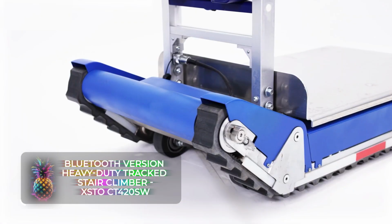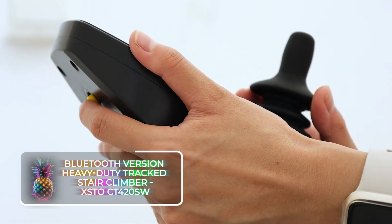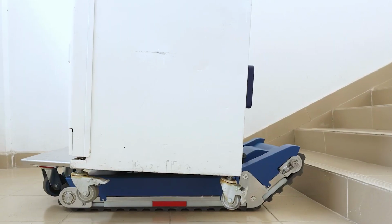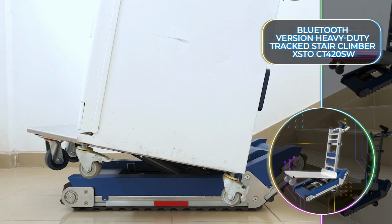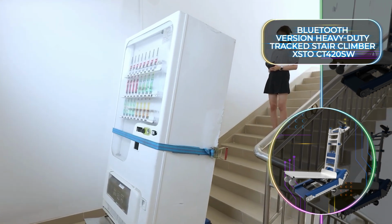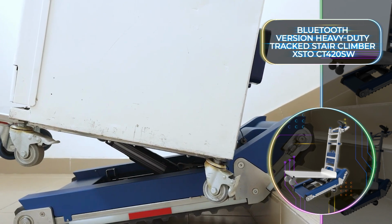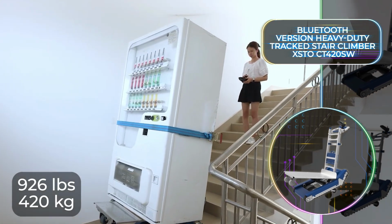Bluetooth version heavy-duty track stair climber, XSTO, CT420SW. Our next pick is from a relatively new brand, but one that has now managed to create this fantastic heavy-duty remote-controlled track stair climber. This sturdy machine is made to assist anyone who has to move large, bulky loads up and down stairs, and one of its biggest selling points is the fact that it can move up to 926 pounds, or 420 kilograms